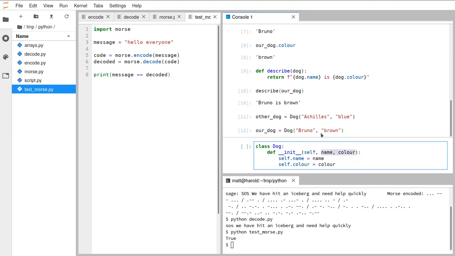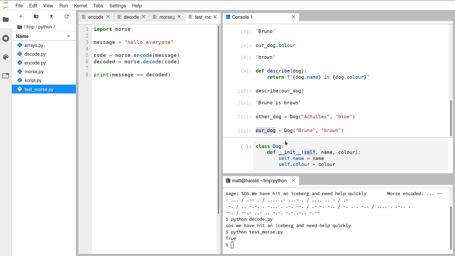And it's going to pass in the two arguments that we passed in here as name and color. The self object here is referring to the same thing as what's going to get passed out at the end. So self here refers to the same thing as our dog. And so when we do self.name, we are effectively doing our dog.name equals,